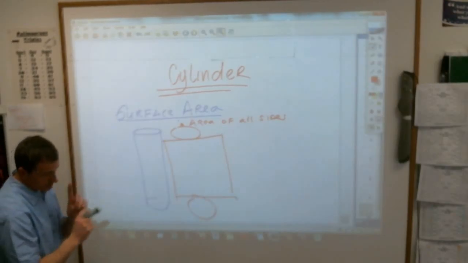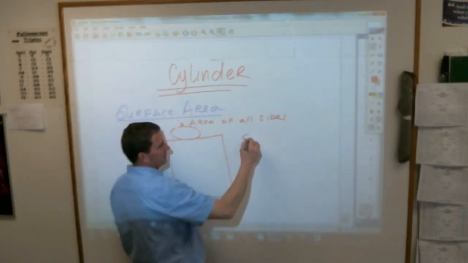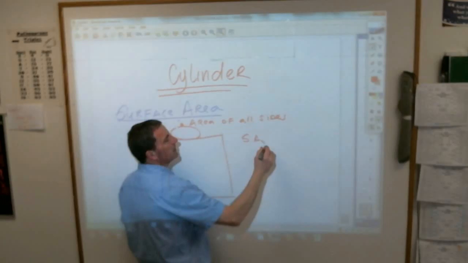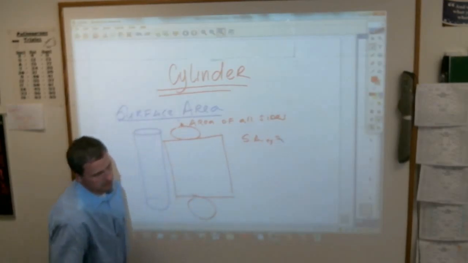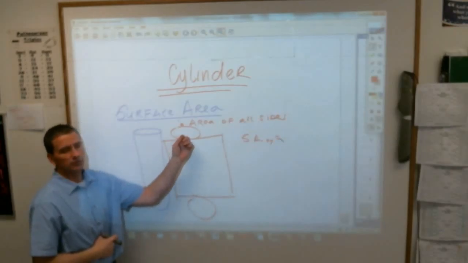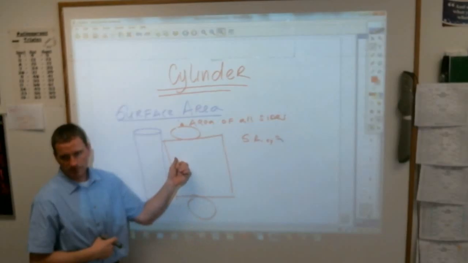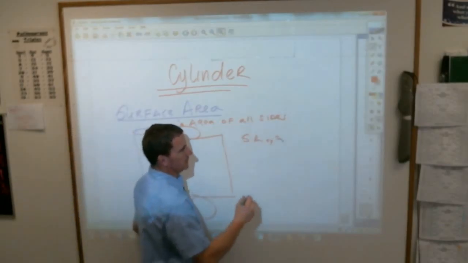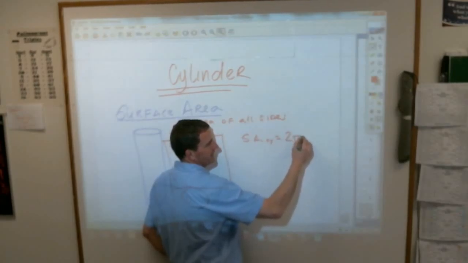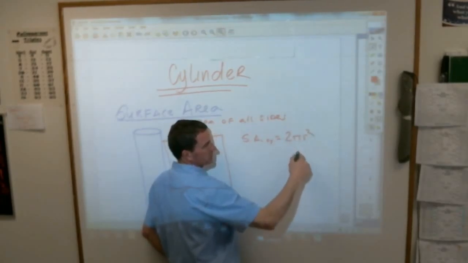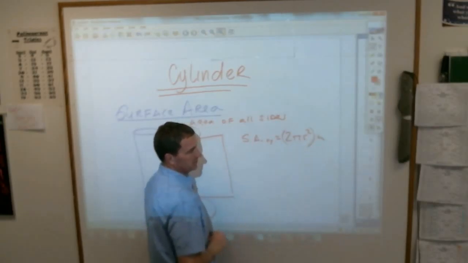Now the formula for the surface area, and this is really the most important part that you get for today: surface area of a cylinder equals, well, what do I have here? I have two circles. And you probably know the area of a circle is what? Pi r squared, right? So it is 2 pi r squared, because there's two circles. We'll put that in parentheses just to separate it. Plus,